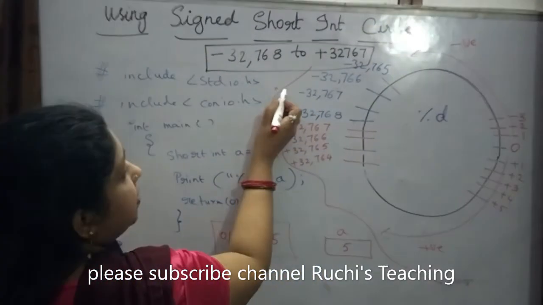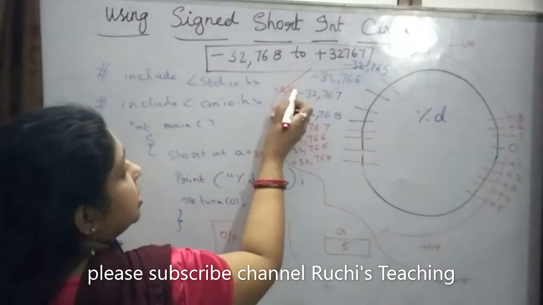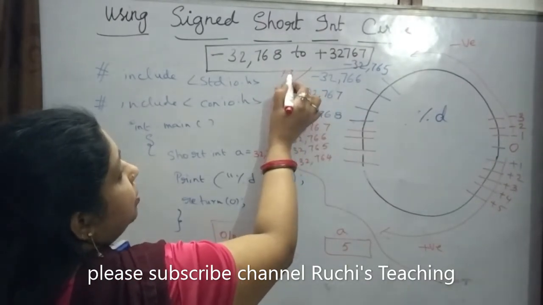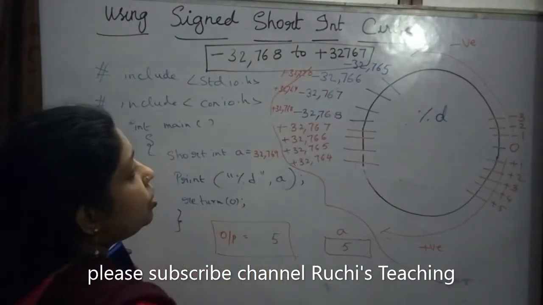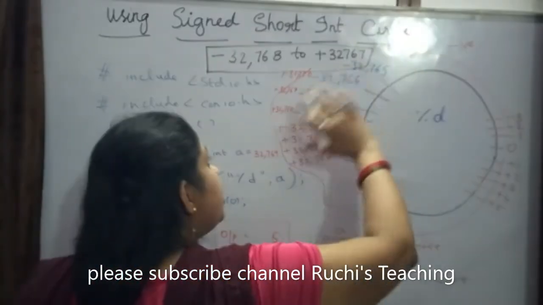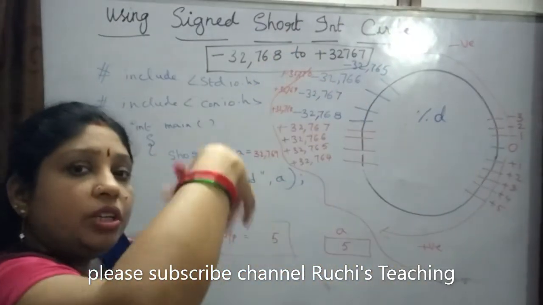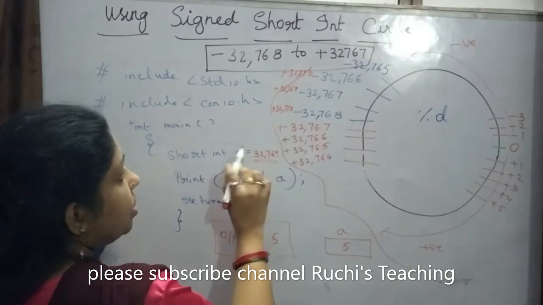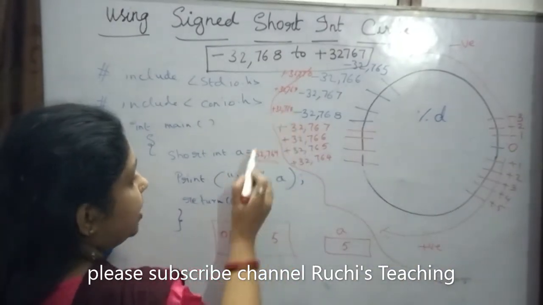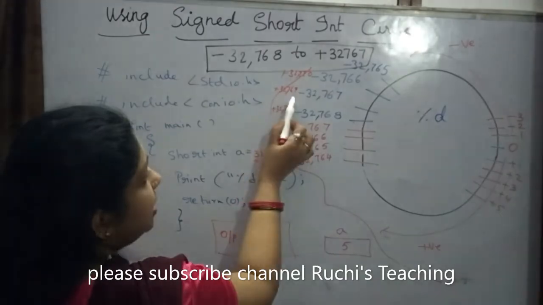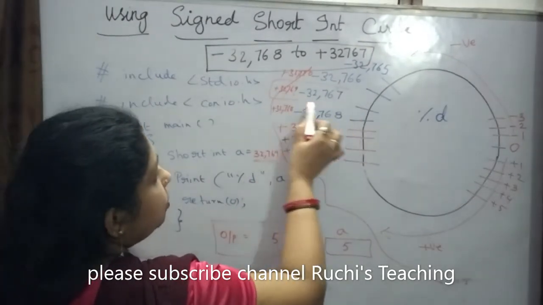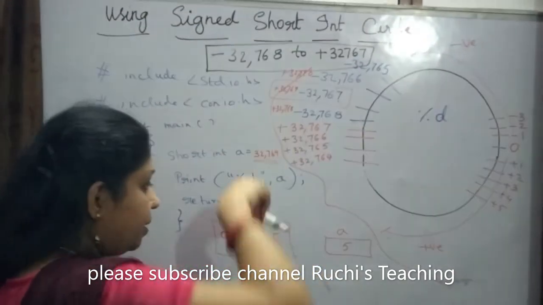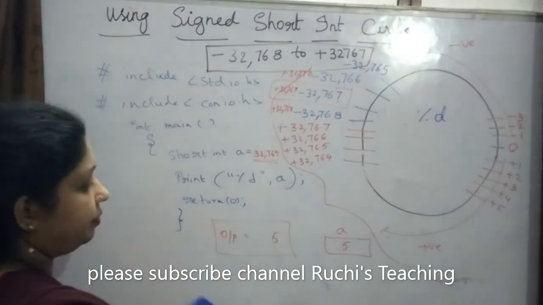Again to this, what happens is 32,769, right? And here also to this value 32,770. So like that it will go on assigning in its own way. And the moment this value comes, what happens? It will stop. Where is it stopping? Here, 32,769 is the value here. So at this value it stops, and it is going to retrieve this particular value, and it will place that value in this place. Understood?